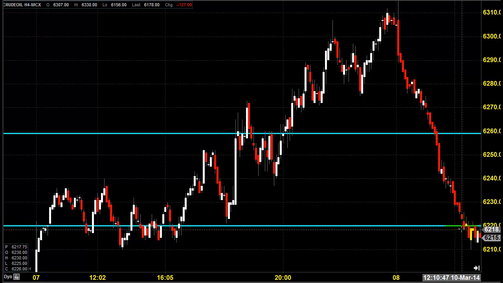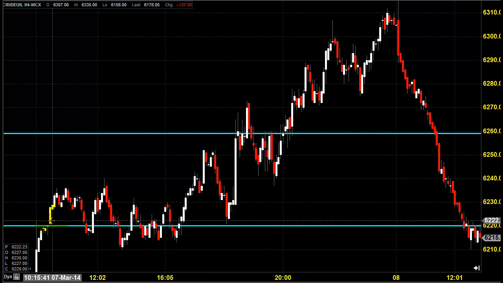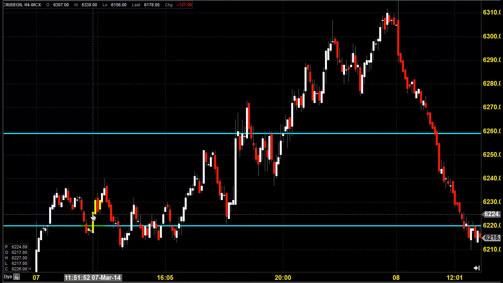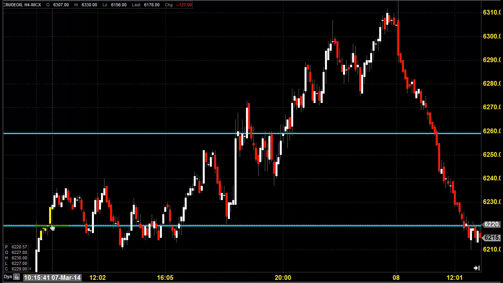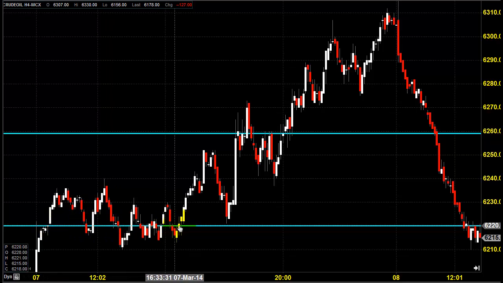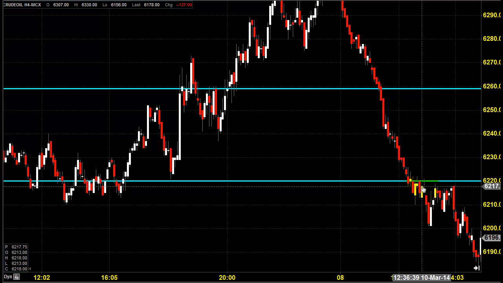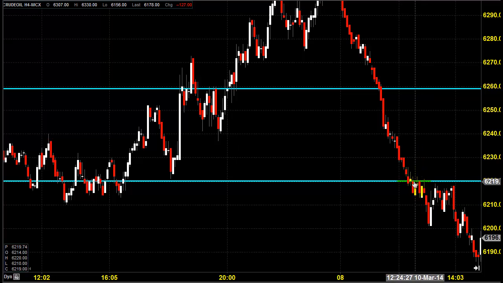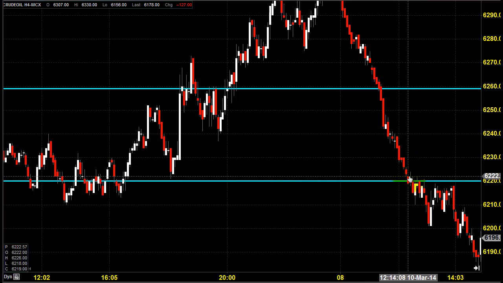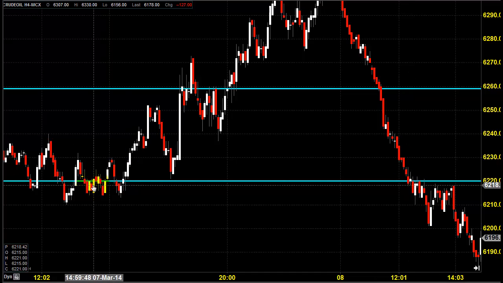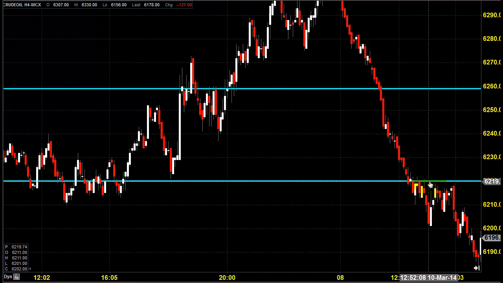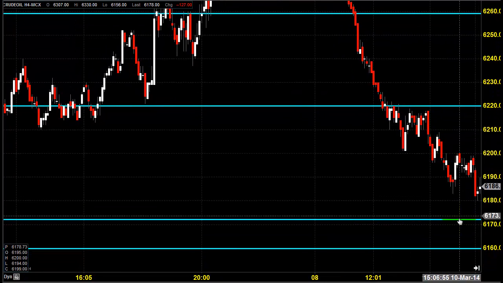The next zone was 6220, the next support and the target zone. If you notice what happened on the previous day, that was on 7th of March, the price took a lot of support around 6220. Taking a support here, the price went up. In the same way, the price was trying to convert the 6220 into a resistance. Now you can see the crude oil price was converting the 6220, which was earlier a support, into a resistance that pushed the price down again